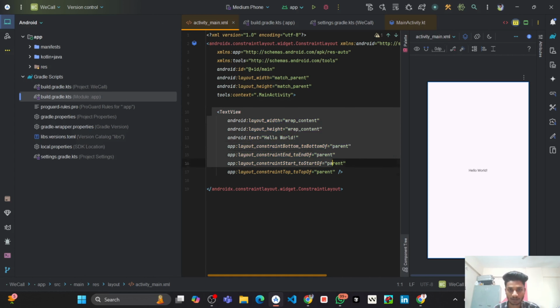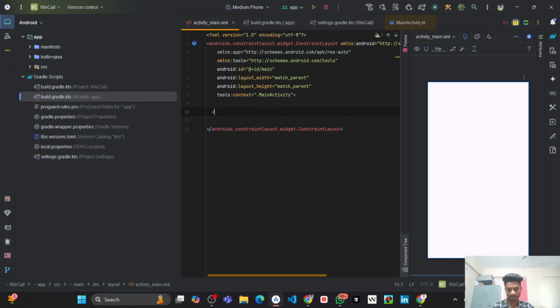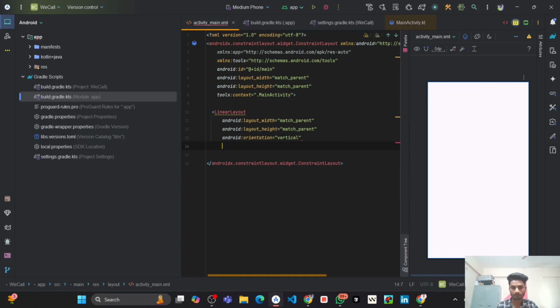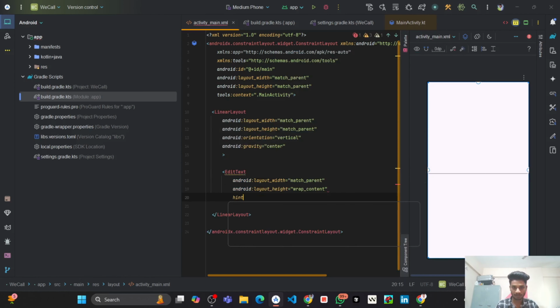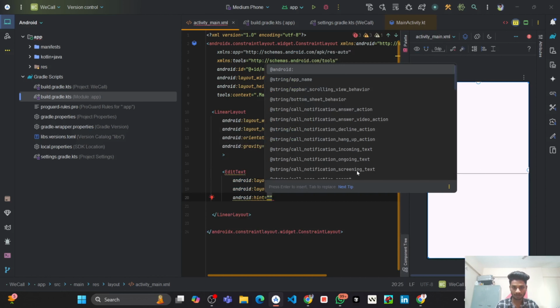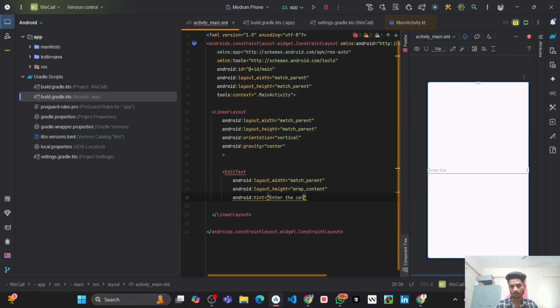So let's first create a UI. Layout. And give the hint, enter the call ID,